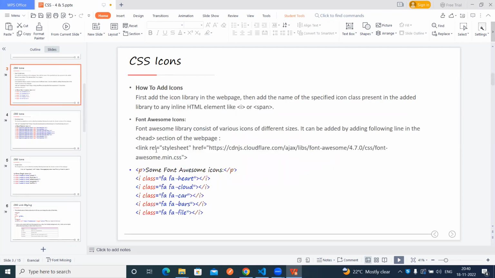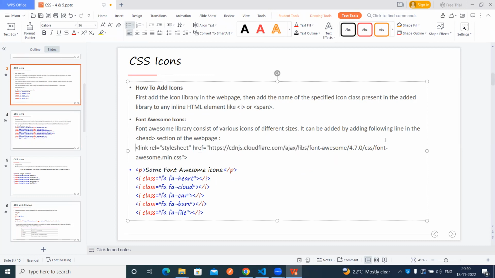First we have to load the library. First we have to load the Font Awesome icon library. So now copy